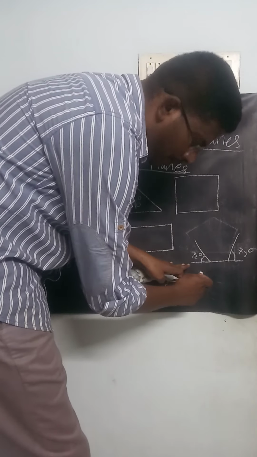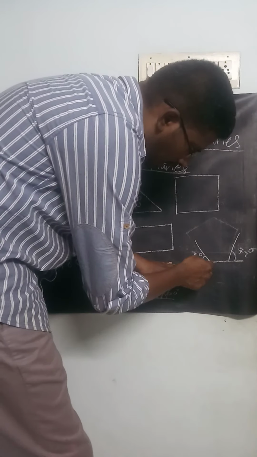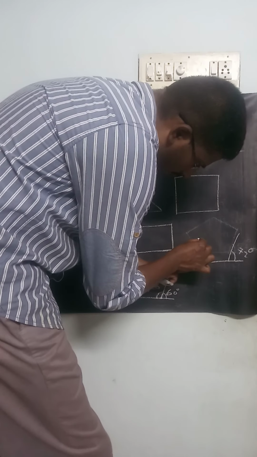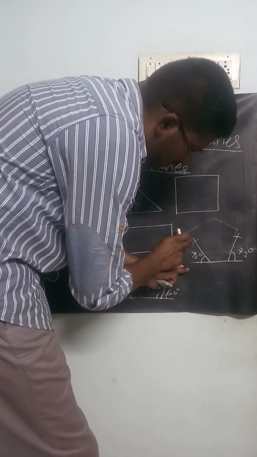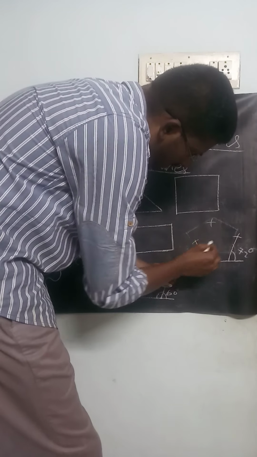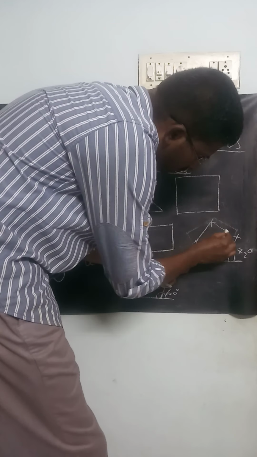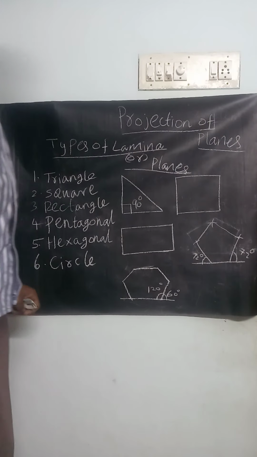You do this. Okay. You take this scale, with this center point cut an arc, whatever the given length is. What is the side given? Cut the arc, and also with this center point cut an arc. The two arcs intersect at a point; join the lines. Okay, this is your pentagonal shape.